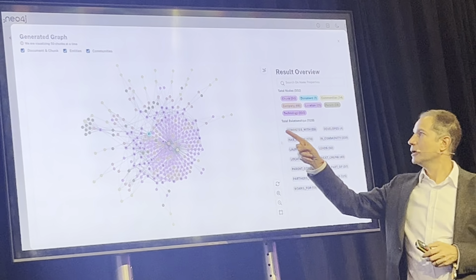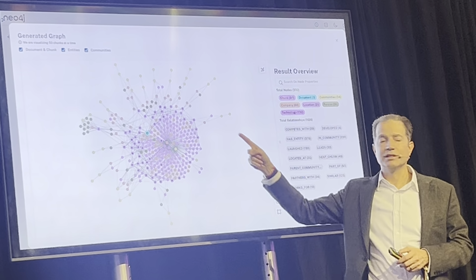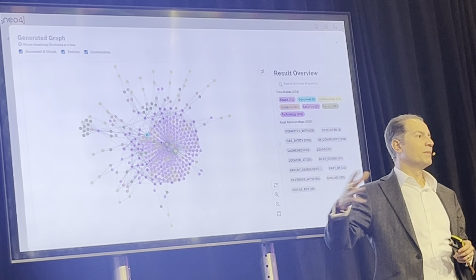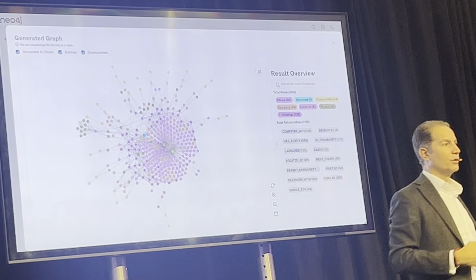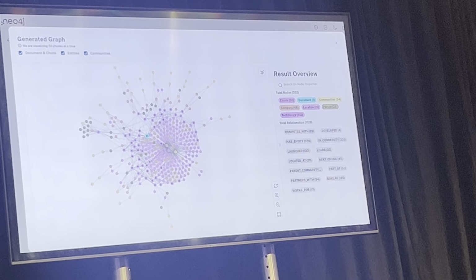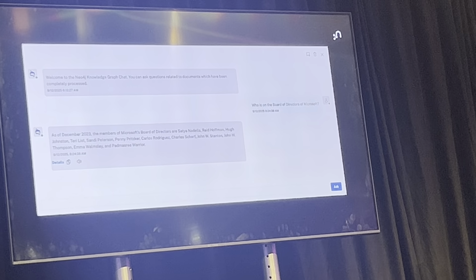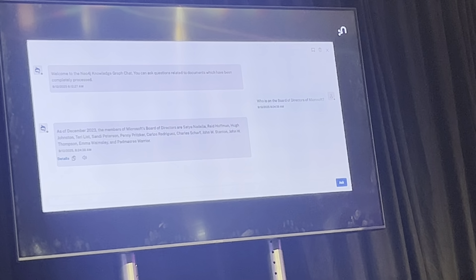One is your document and chunk graph, that's a lexical graph. 2 is your entities, so that's your domain graph, entities and relationships. And then 3 is your communities. It actually ran some community detection in the background, so it ran a graph algorithm. Okay, what do you do with all of this? Then there's an example built in here where you can say,